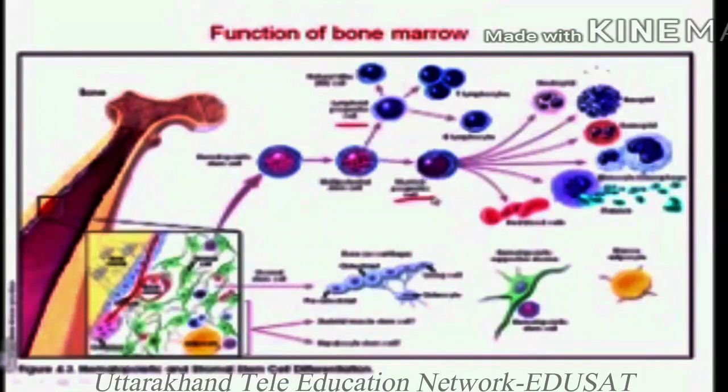From the lymphoid progenitor cell, it can produce natural killer cells, T lymphocytes and B lymphocytes. All of them are lymphocytes in nature. On the other hand, the myeloid progenitor cell can produce all the other granulocytes like neutrophils, basophils, eosinophils, and on the other hand platelets and also the red blood cells. It can be said to make most of the cells of our blood. So this is about the hematopoietic stem cell.